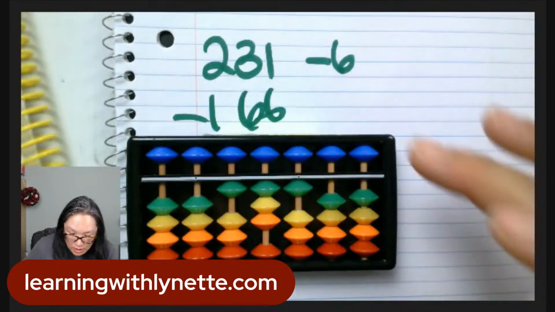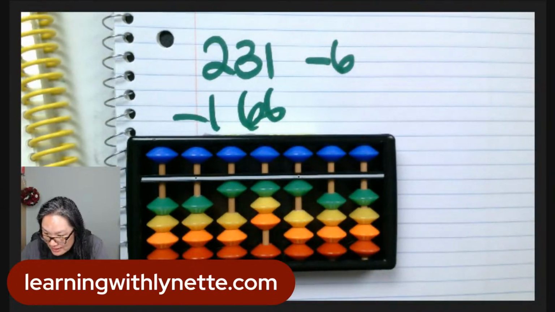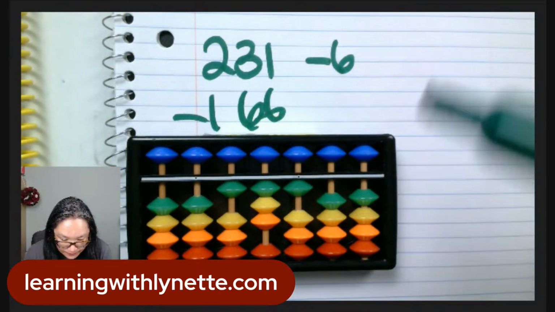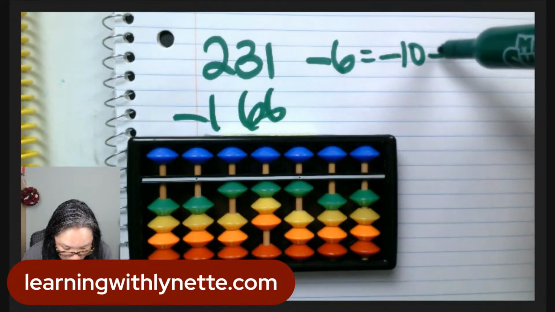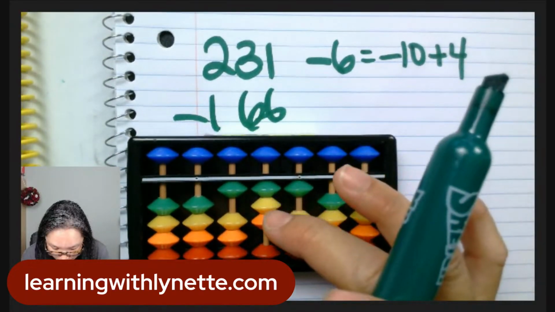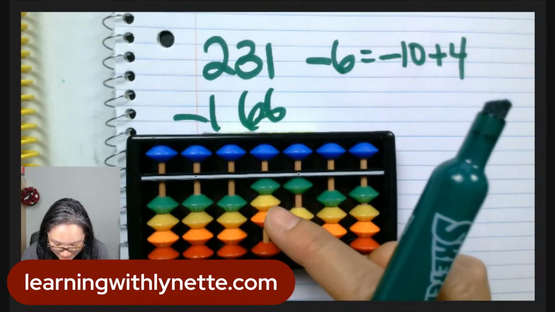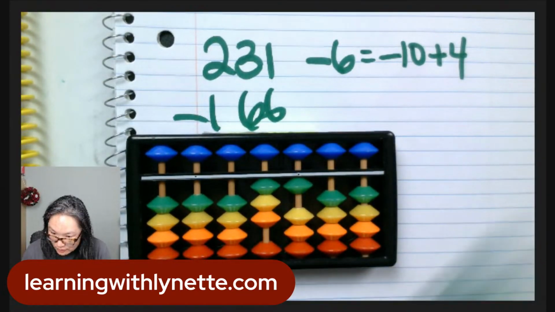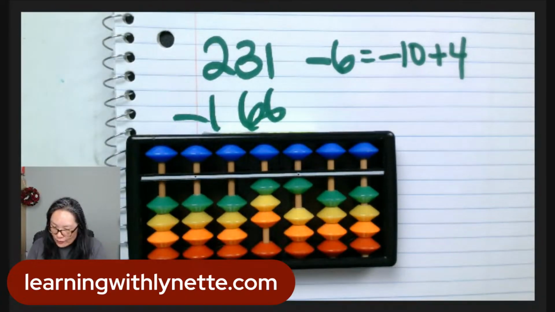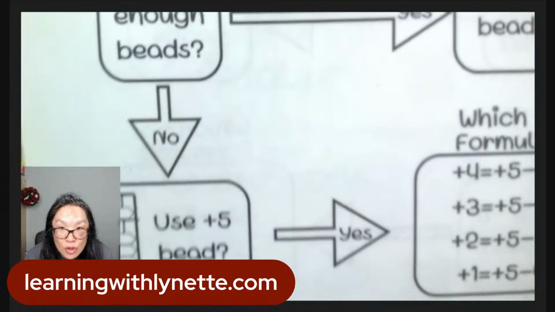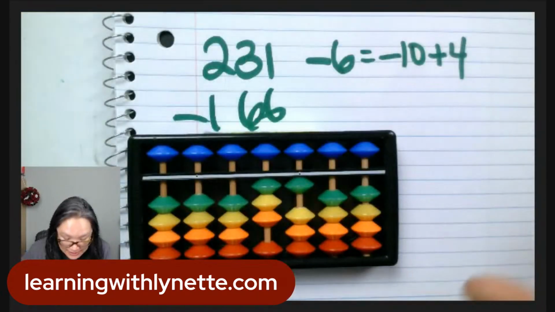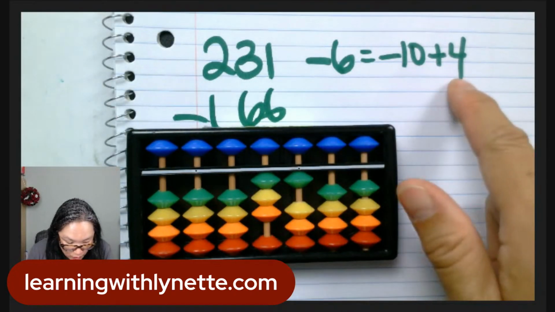Thank you, Char. Yes. So we're going to minus the 6. When we minus the 6, it is equal to minus the 10 plus 4. Can we add the 4? So now we're back to our formula, right? Can we add the 4? No. Can we add the 5? Yes, thank you, Char. So what we're doing here,